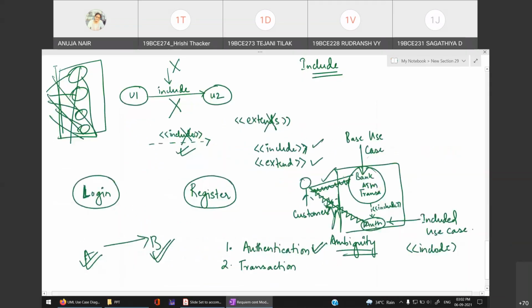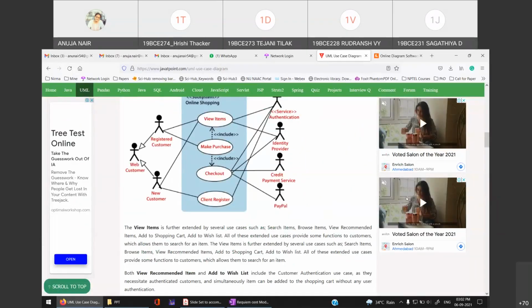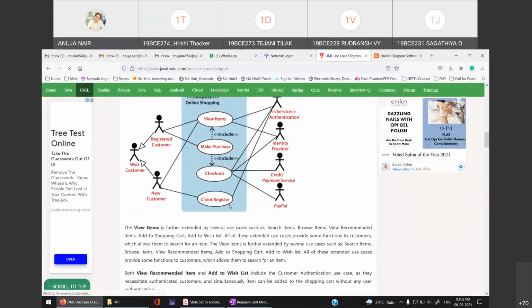Also, you cannot make something like this. You cannot include like this, and then make another use case here and include it from there. Don't do like this. This is not a chain, we don't have to make a chain. So please understand that there is no chained relationship over here. Okay, so I'll stop here now. We'll discuss the extends relationship tomorrow.